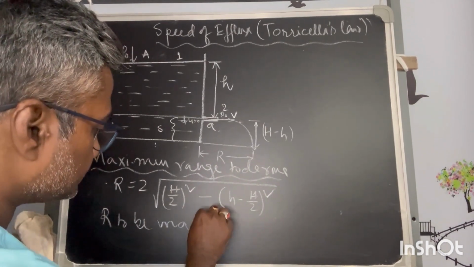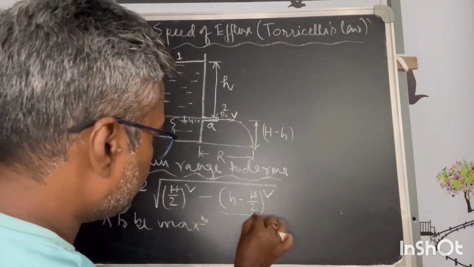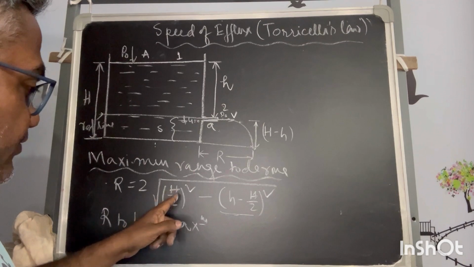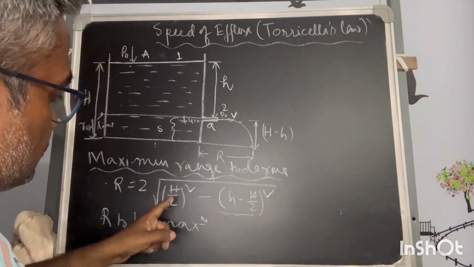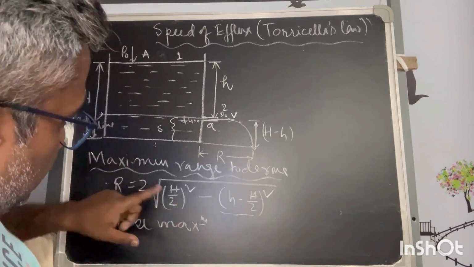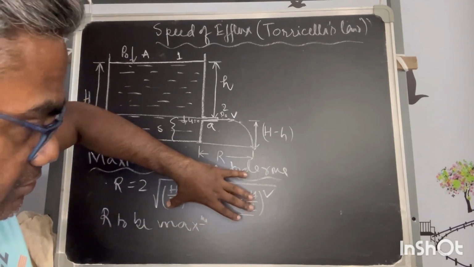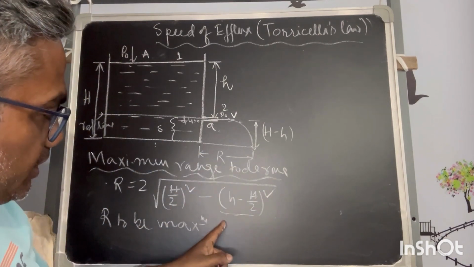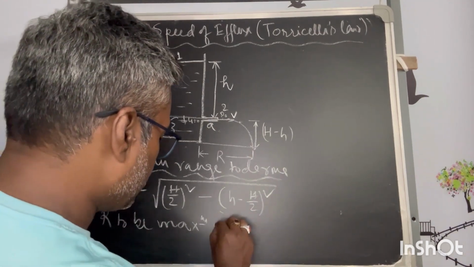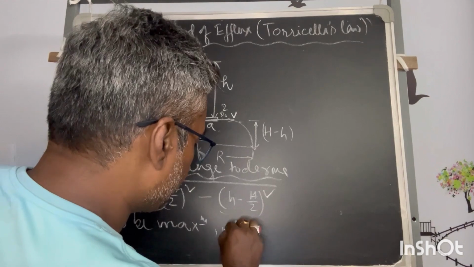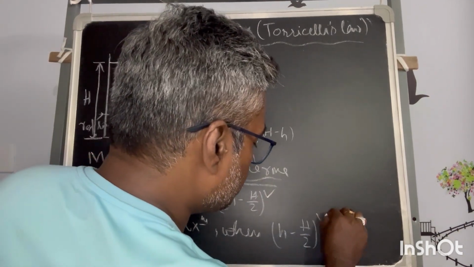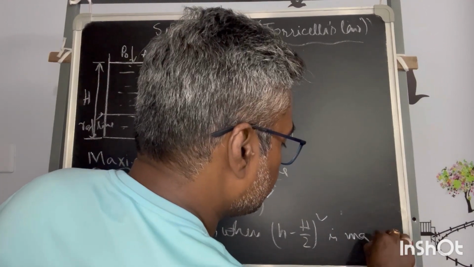maximum, this part, because this is a whole square, that cannot be negative. So this has some value. This is a fixed value because h is fixed. So this has a constant value. So for this range to be maximum, this part has to be maximum, and because this cannot be negative, this part is maximum when h minus h by 2 whole square is maximum,